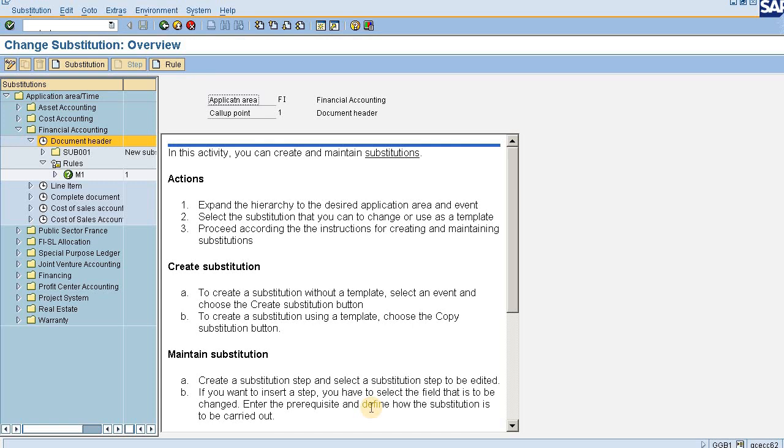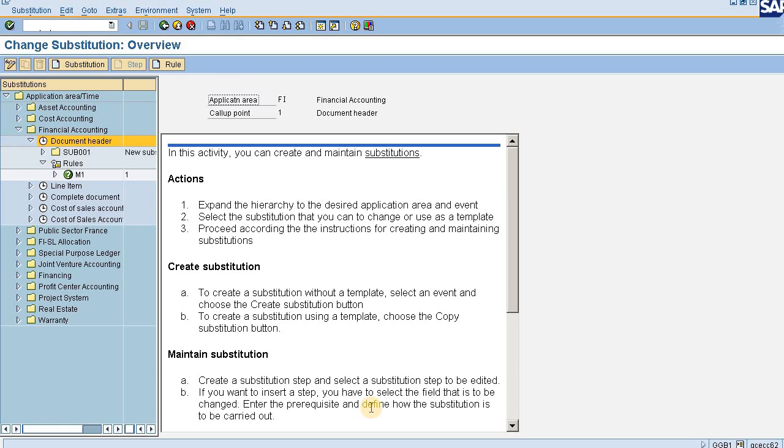Today in this session, I'll show you a very important topic, that is the substitution. And please note, it is a very important topic being asked in any interview. So first of all, let us understand in a very simple language what substitution is and what it means. Substitution is when we enter a value in a particular field based on some rule specified in our SAP system, as we do the configuration based on our business requirement. So that is the substitution.